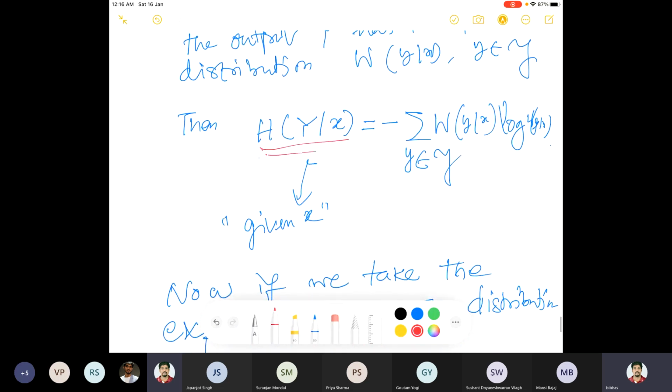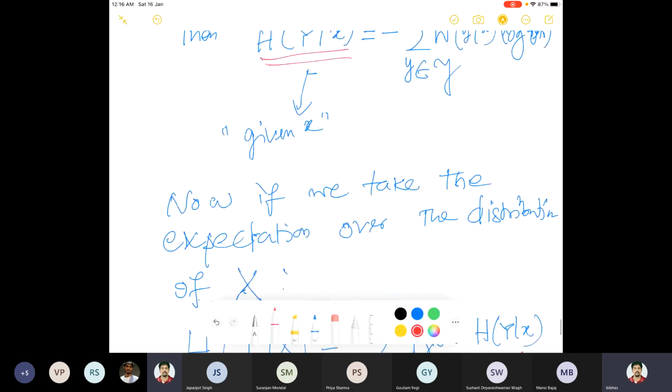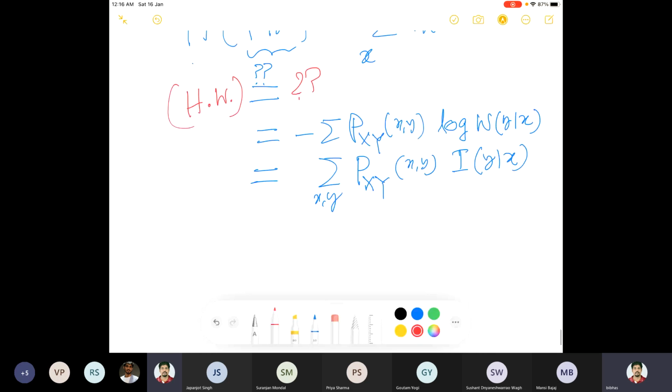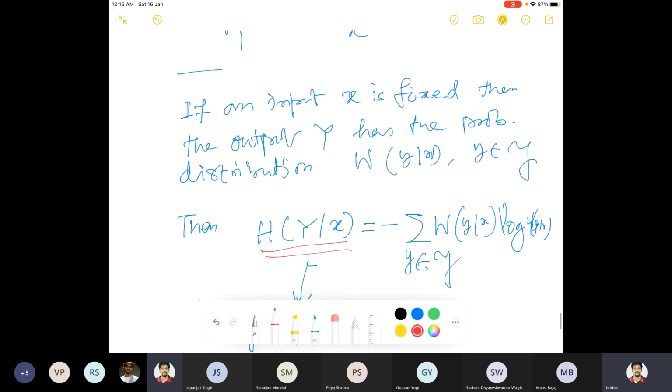This is what it is. You just write it down and see, and this is meaningful because we have defined it. If you write it down, you will see that this is what we did. We said that this should be the definition, and this is what it is in the sense of the channel also. So it is meaningful. It is meaningful in the sense of Shannon also, that this is the correct definition.